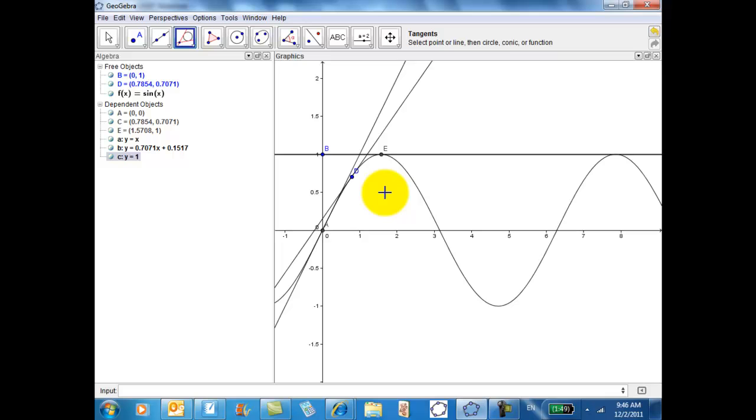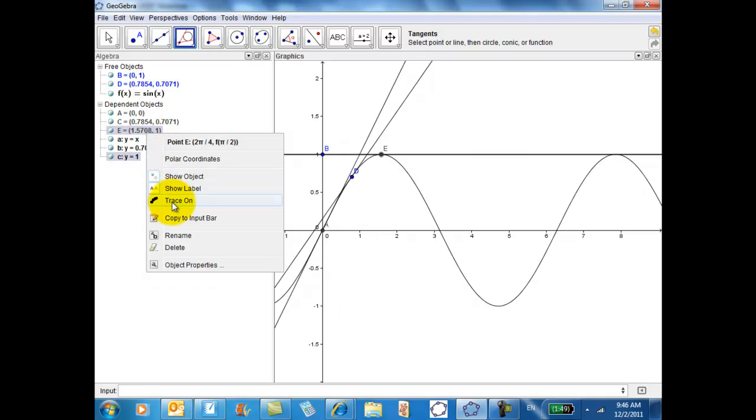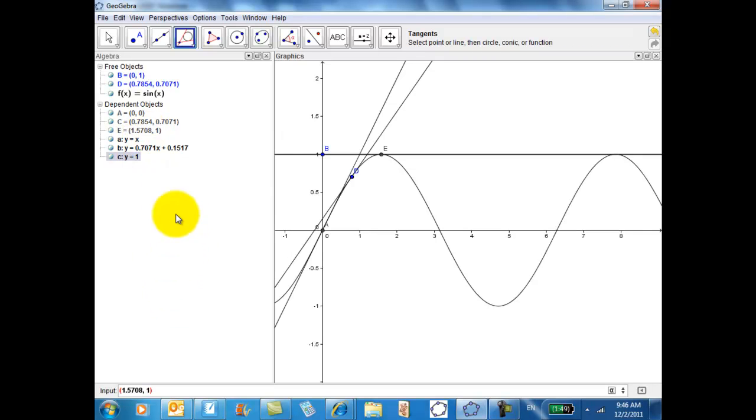And what's the slope here? What's the slope of y equals 1? Careful. 0. But you see that little trick I did there? I knew it was going to have the same x coordinates, so I'm saving myself a little time by just copying, right-clicking and copying it to the input bar. So now we're going to get a new point at 1.578, that's pi over 2, f of,